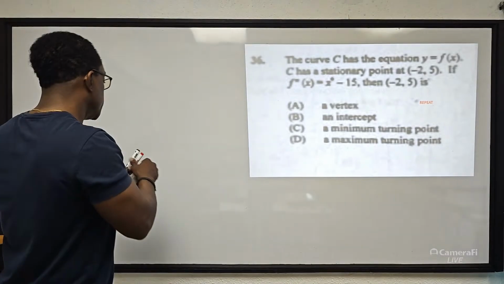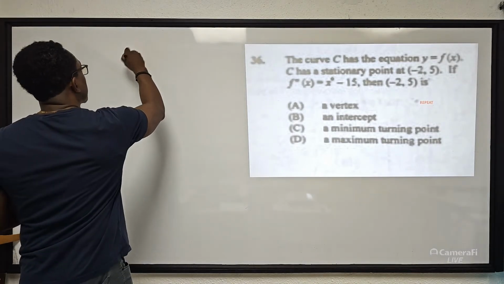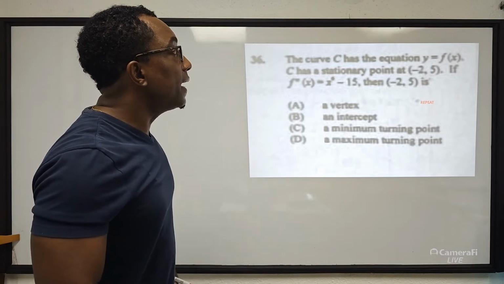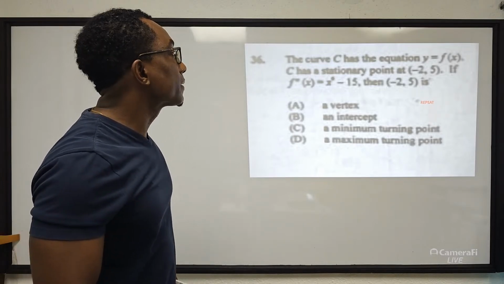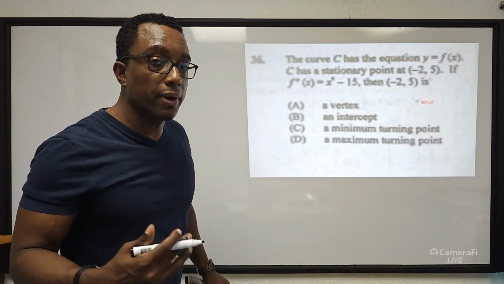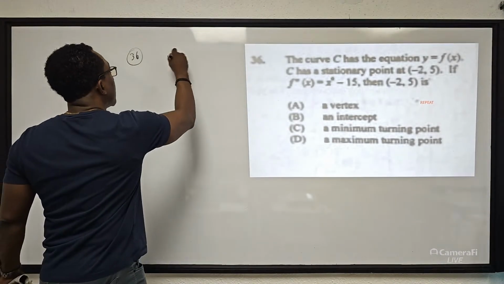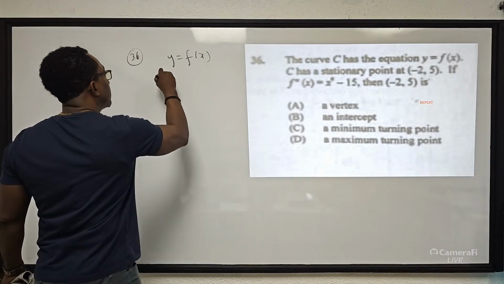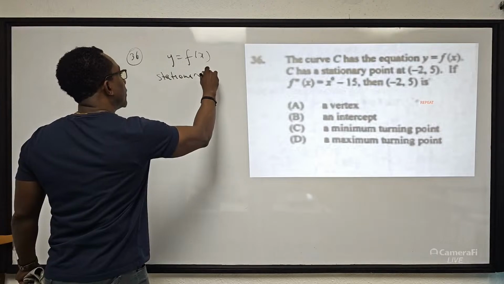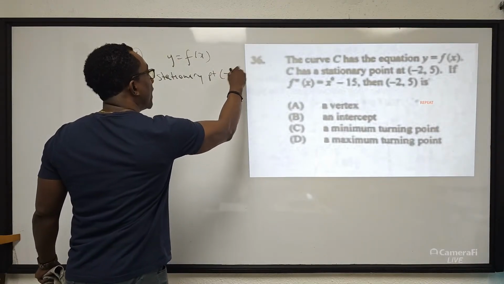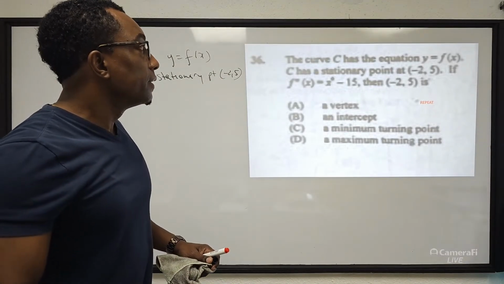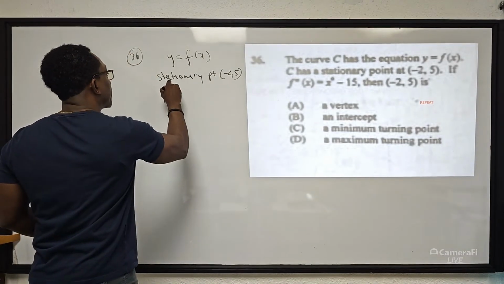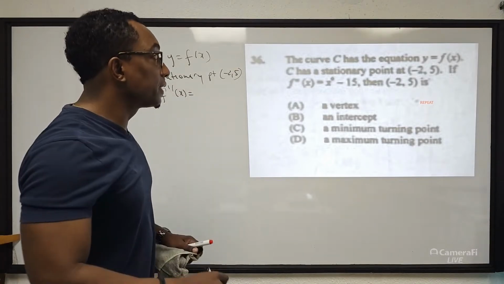So let's look at it. 36. Again, it's blurry, but the curve C has the equation y equal to f of x. C has a stationary point. So the curve is y equal to f of x. It has a stationary point. So the stationary point is negative 2, 5. And f double prime, the second derivative, is equal